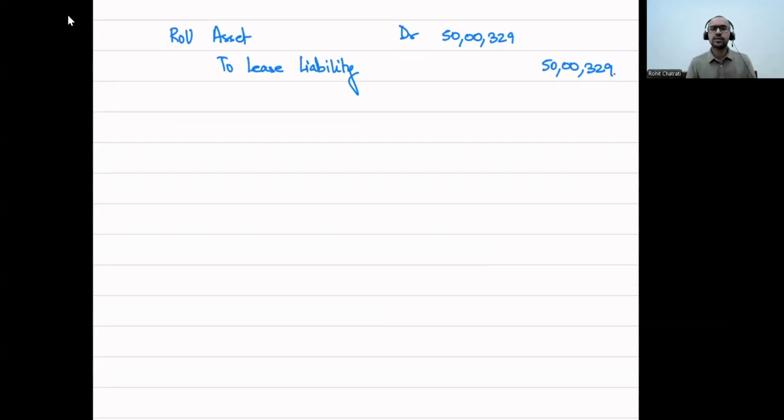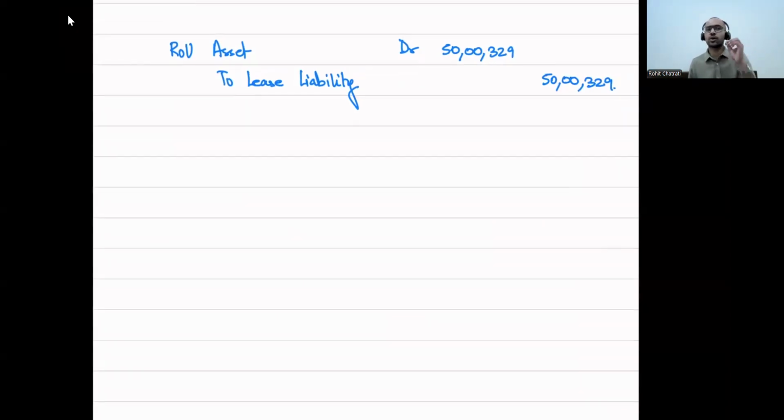Now, what we learned earlier is that the ROU asset is going to be depreciated over the lease term. But in this case, if you notice, the ROU asset at the end of lease term is actually going to be acquired by the lessee, and we will continue to use that asset for business purposes. Therefore, where the lessee is reasonably certain to exercise the purchase option, the ROU asset will be depreciated not over the lease term, but over the useful life of the asset.